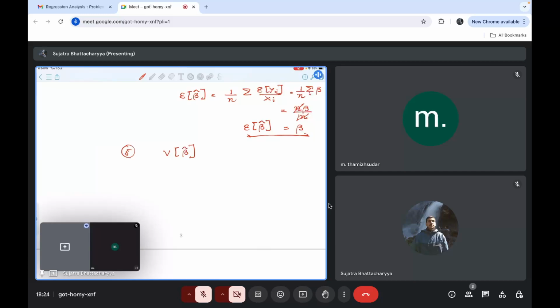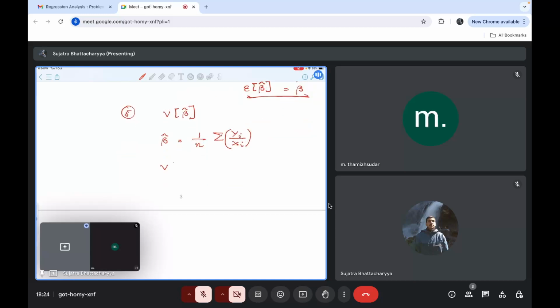Fine. So we'll start with the same thing. Okay. So beta hat, we know from problem 3 that we have got 1 by n summation yi by xi. This we have got already. Now, variance of beta hat